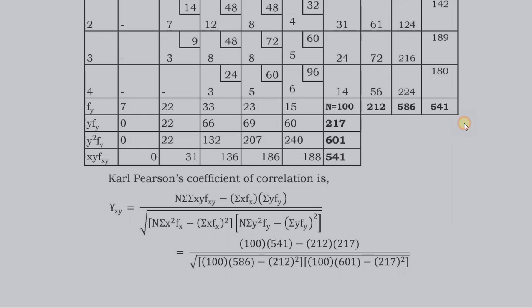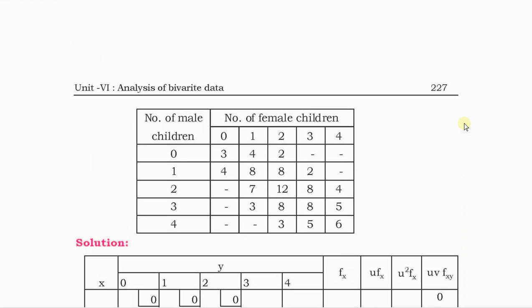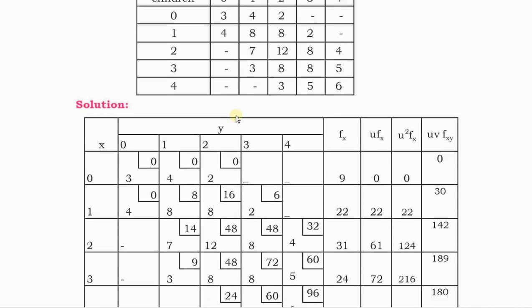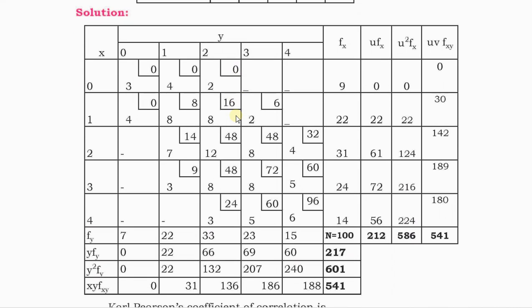In the third chapter we dealt with the concept called bivariate frequency. Bivariate frequency means the frequency is written with respect to one variable as well as the other variable. So here for 0 and 0, it is 3. That means the number of male children and number of female children are both zero. Such families are 3, where there are no female children and no male children. 0 and 1: families having no male children but one female child are 4. So it means like that. Okay. So the frequency is common to x and y. It corresponds to both x and y at the same time.